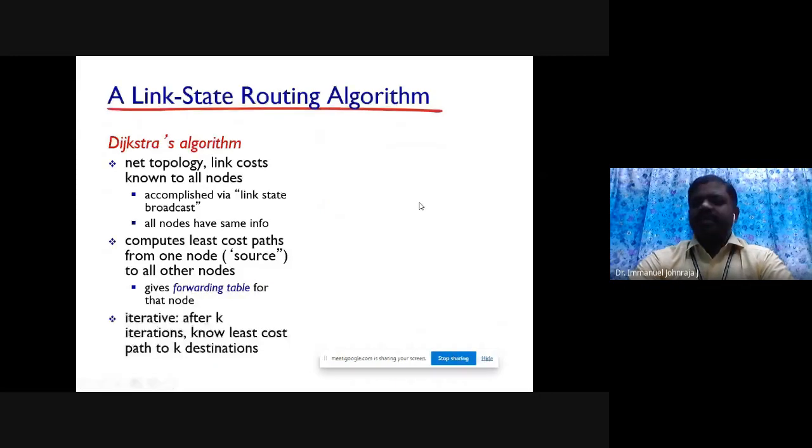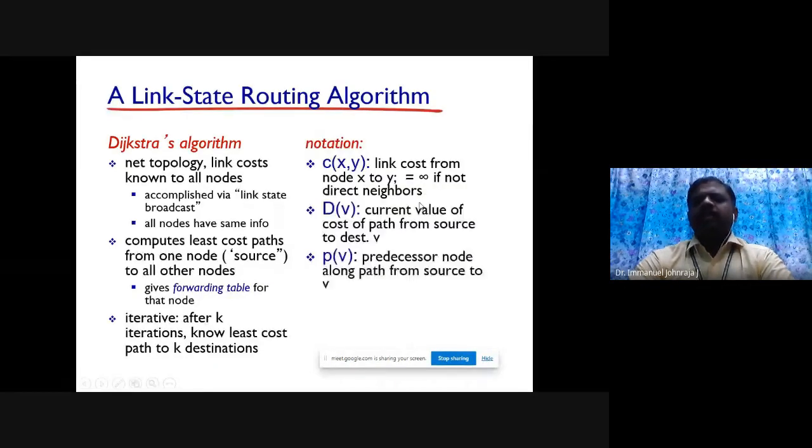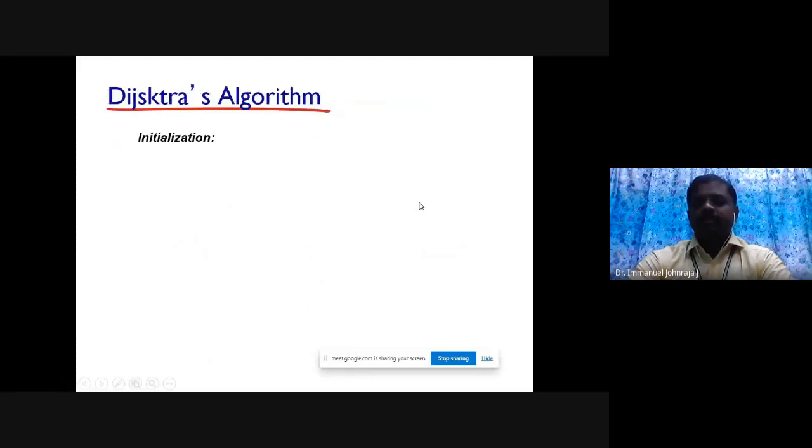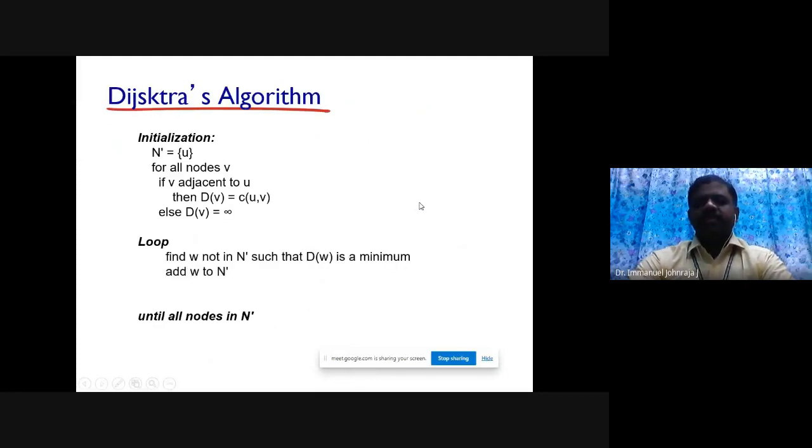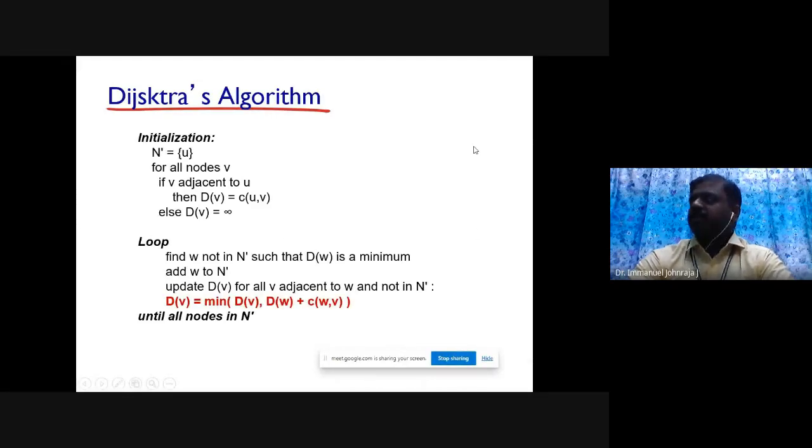It goes for n number of iterations. We know how to calculate it. I want you guys to remember this logic. The very important thing is this formula which is given. This is something similar to your link state routing protocol as you learn about that. At any time after you have traversed through a node from the source to the destination, you will find out which is the shortest path, whether it is through the newly traversed node or the existing node.